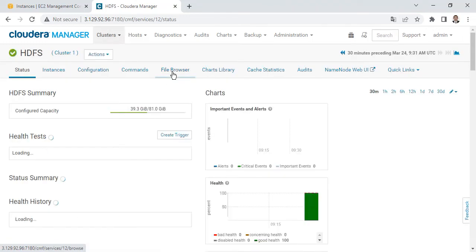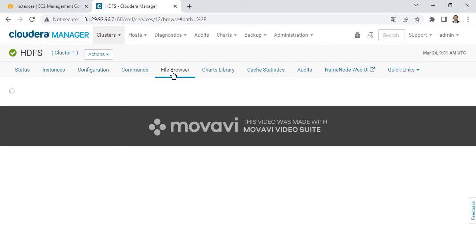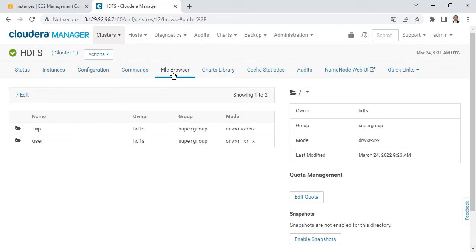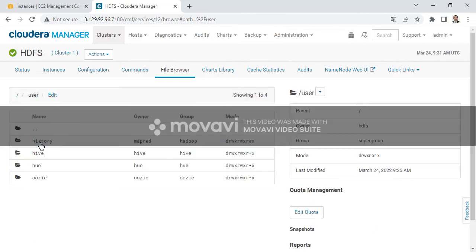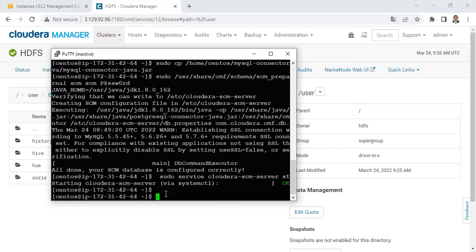Here go to the file browser, and from file browser, okay, there are two directories. One is temp and the other one is user. In this user there are directories. Okay, so these are the directories. Then we'll go on this,